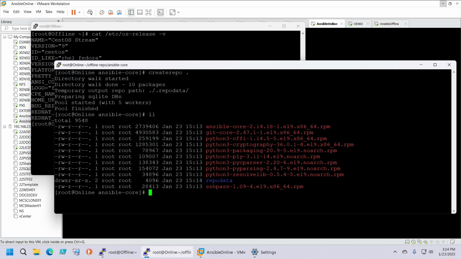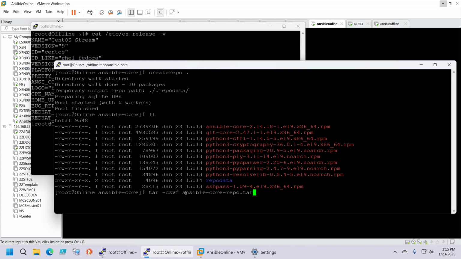Okay, and now you just need to archive everything in a GZ file, and we can do that with tar. And we should name it ansible-core-repo